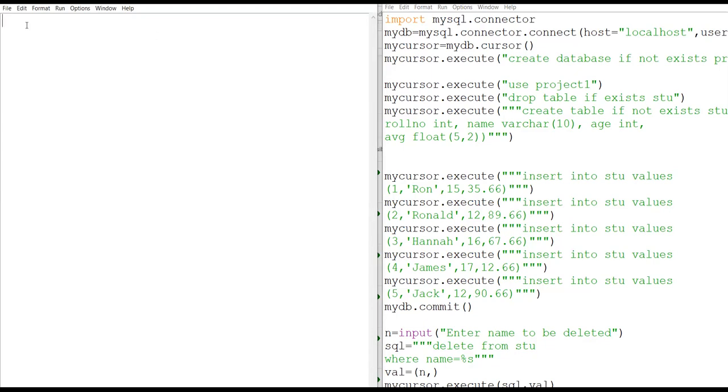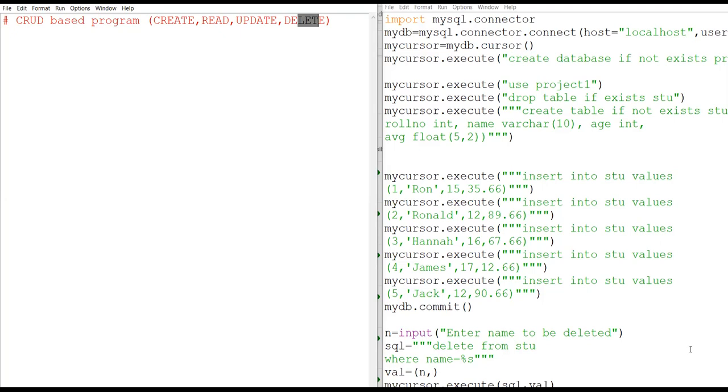So we are going to create a database table, then read from it, update it, and then delete from it.